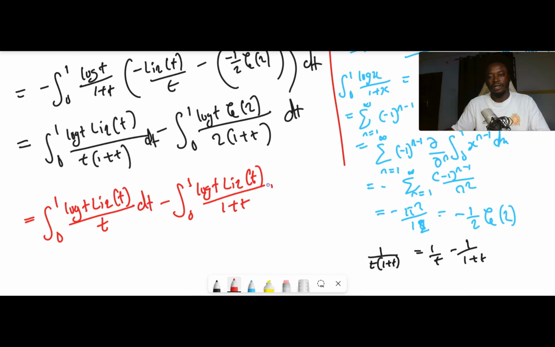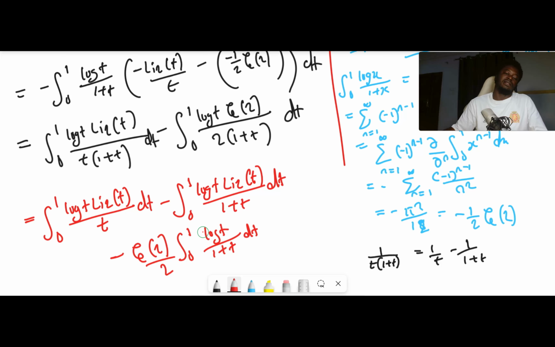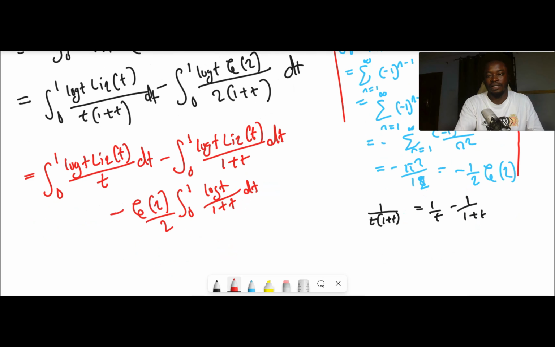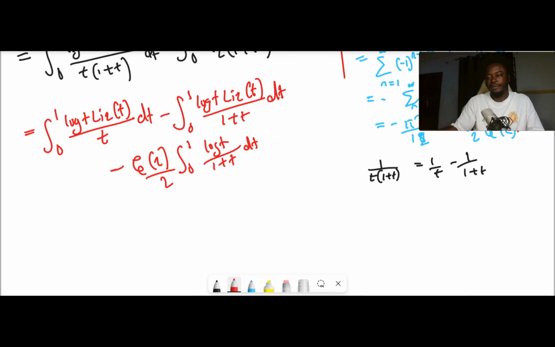plus t dt, and on this side you have minus zeta of 2 times the integral from 0 to 1 of log t, all divided by 1 plus t dt. Now we have three integrals, but they are not really that troublesome, because the middle one is basically I, but the first one here can be done with integration by parts, because we could write the first